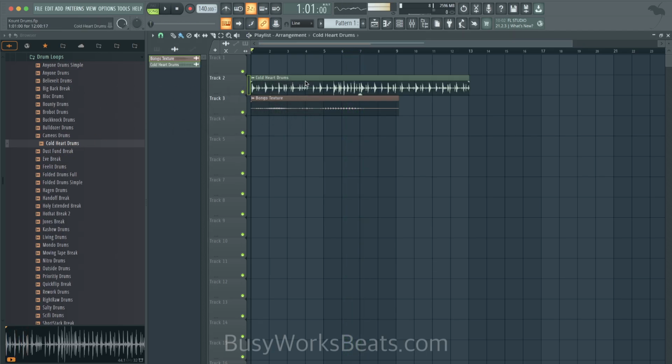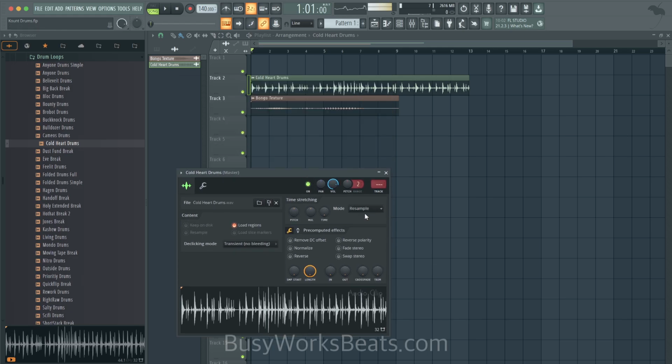Now, I think the cool part is he treats it like samples, so they don't give you the tempo. You have to really figure it out. But I like that about it because it makes me feel like I'm sampling. All right, so I can tell that's about double the time. Let's do 8. That's too fast. Let's try 12. There we go.